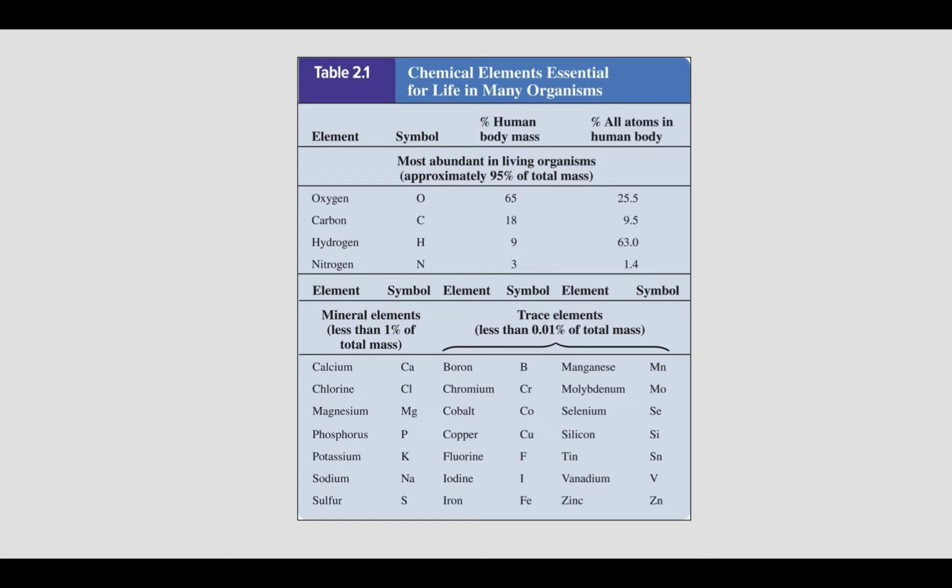Now, obviously, we're not just made out of 4 atoms. We're made out of many, many more. So there's a lot more trace elements down here. I don't expect you guys to memorize these trace elements. Just know that they exist. They're very important in forming proteins and enzymes and a lot of chemical reactions in our bodies. But they are vastly smaller quantities than those 4 main elements.